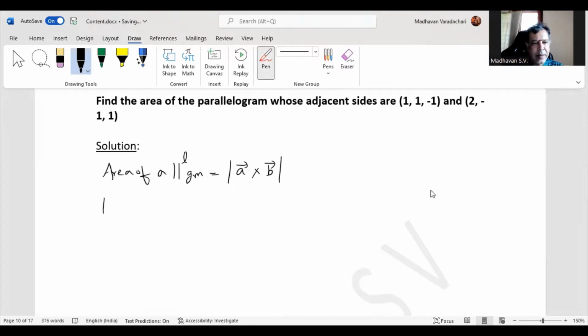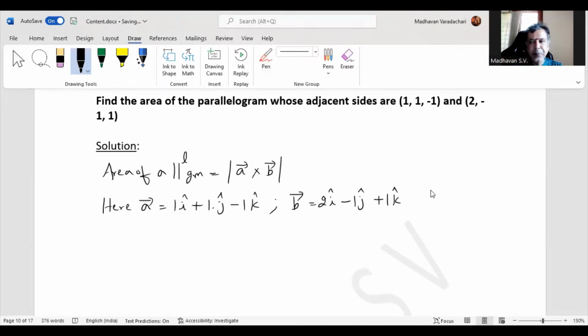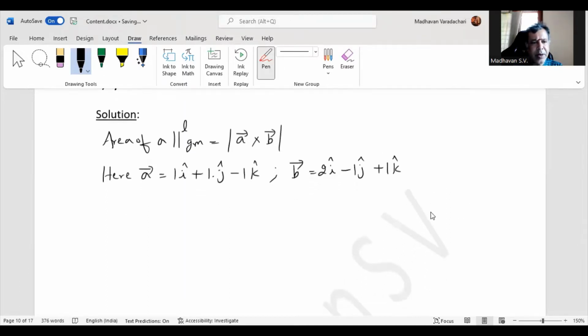That means A vector is equal to 1 times I cap plus 1 times J cap minus 1 times K cap. And then B vector can be written as 2 times I cap minus 1 times J cap plus 1 times K cap. Now, the cross product of A cross B